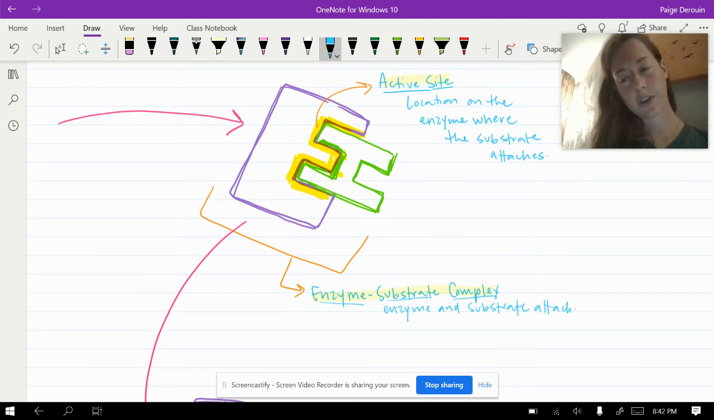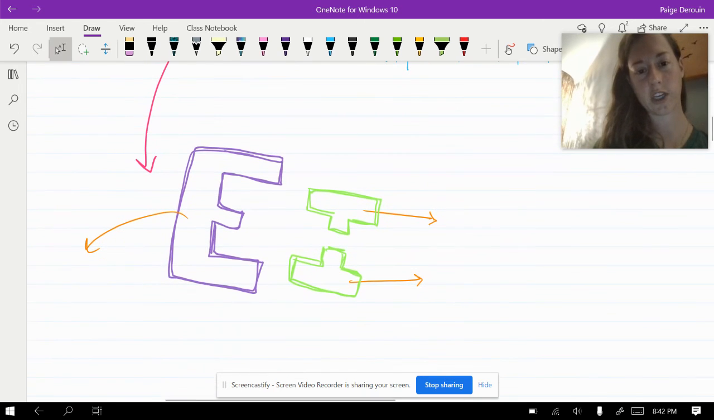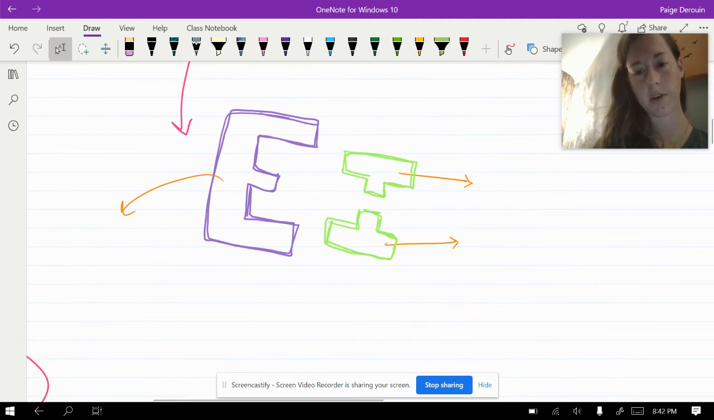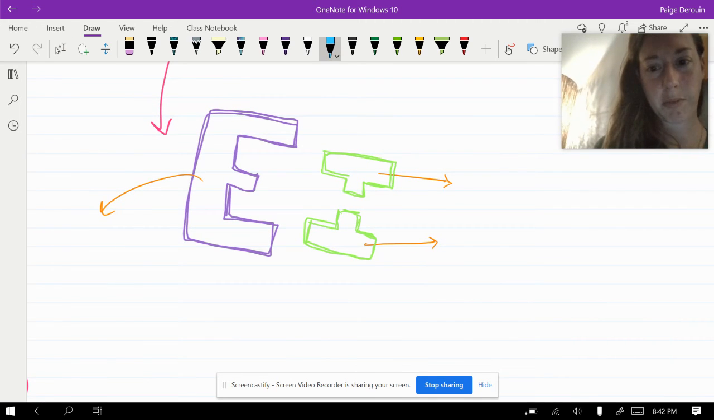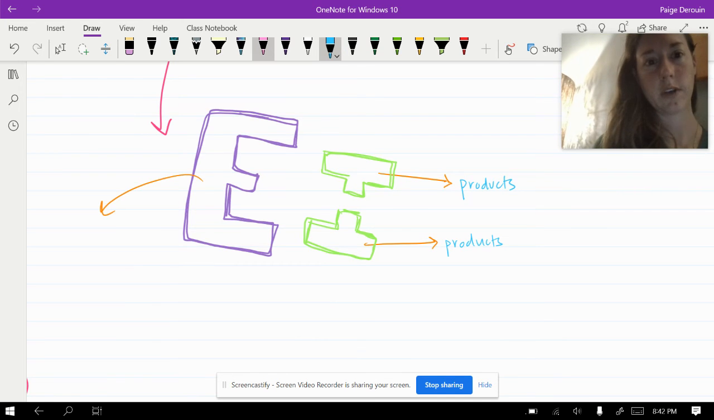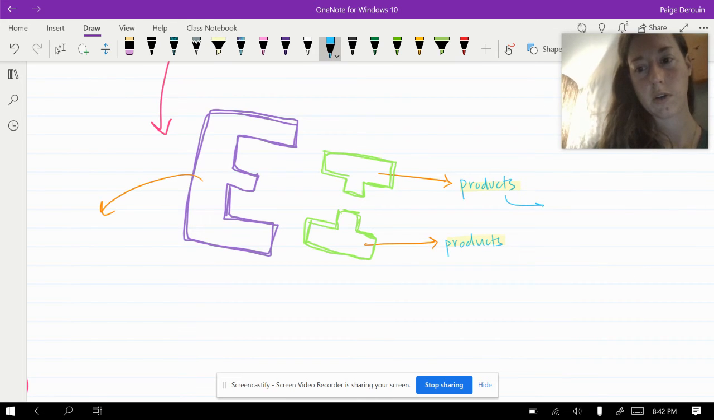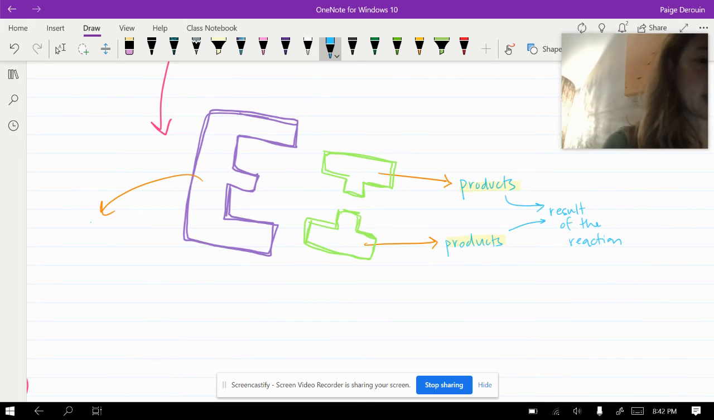So what happens after they detach is something like this. In this case, it's a digestive enzyme because it broke the substrate up. So now instead of a substrate, you have products. And this is what is produced, the result of the reaction. And then, of course, you still have your enzyme,